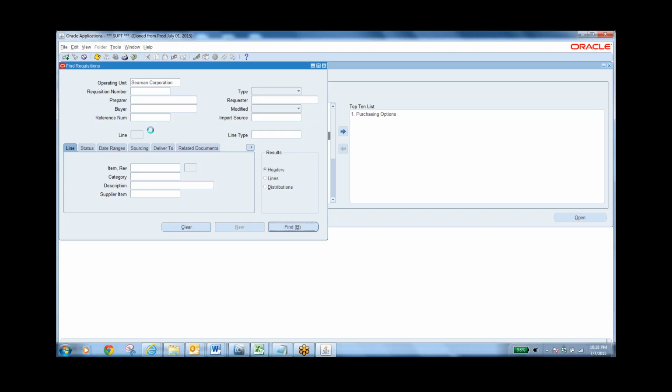For that, there is a concurrent request, Requisition Import, that you have to run so that you get the results. Then make sure that it is getting converted to a PO and sent to the supplier. Receive the goods, and pay the amount to the supplier. This is what min-max planning is. And apart from that,